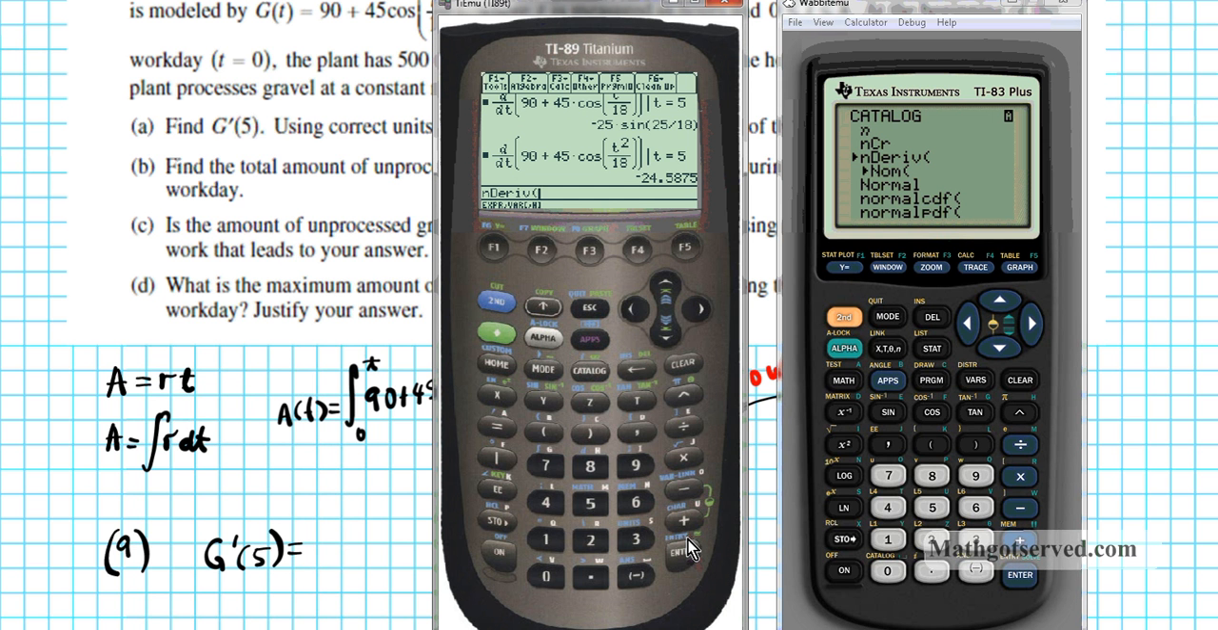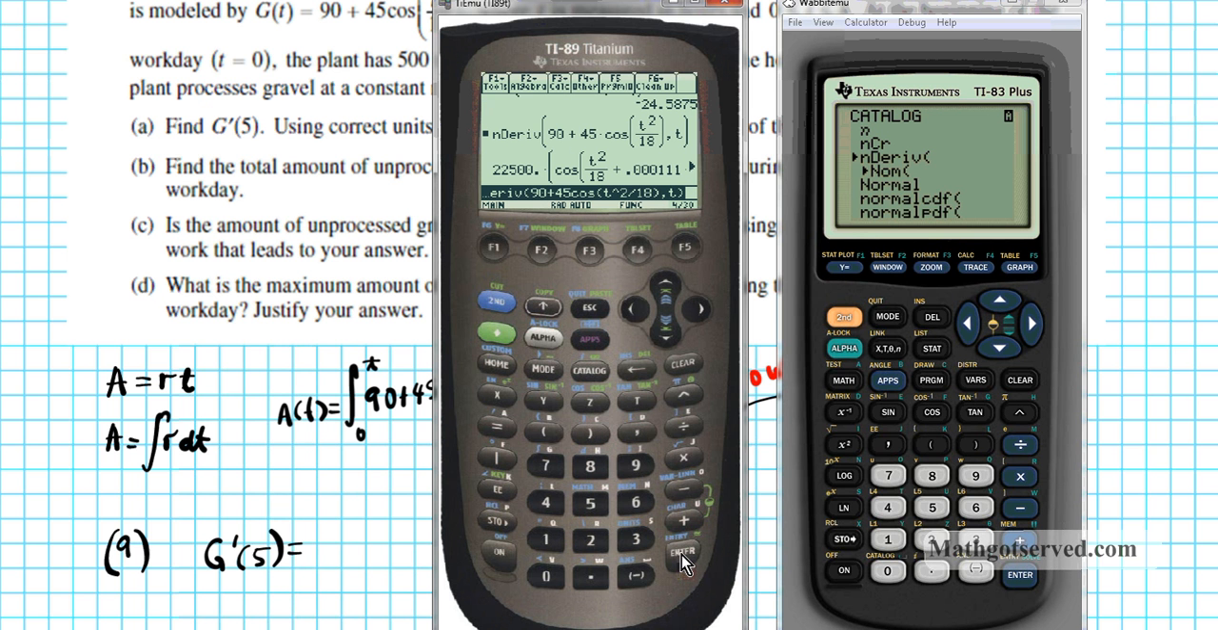For that one, we're going to enter 90 plus 45 cosine of t squared over 18. Close that, and then t, enter. So what this basically does is it just looks for the derivative. But we want it to evaluate the numerical derivative at a value, so can you guess how that will be done? You just simply put the evaluate at t